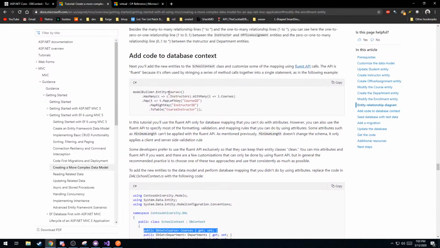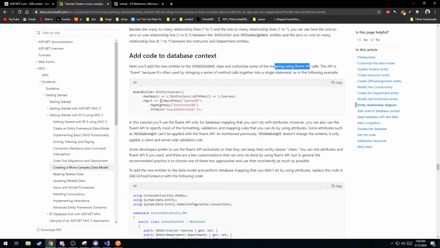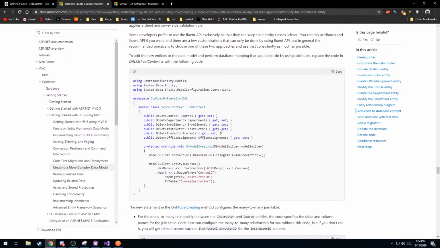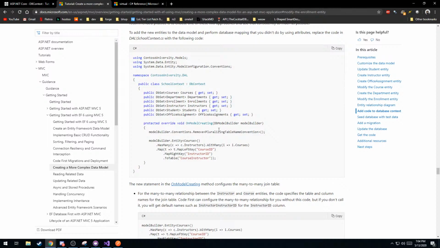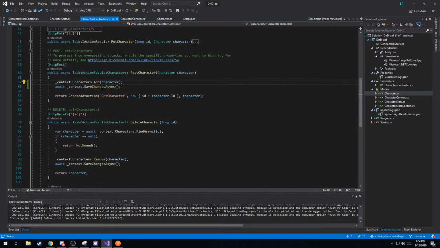So it uses, by the way, the Fluent API, which basically strings methods together to perform operations on the database. Another thing you can do is in your controller, when you're pulling the stuff from the context, since you can use LINQ with that, you can tell it to include a specific property. So in your get method,